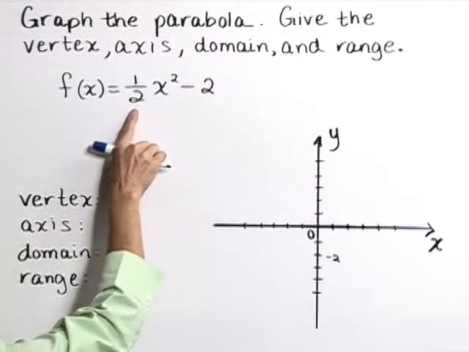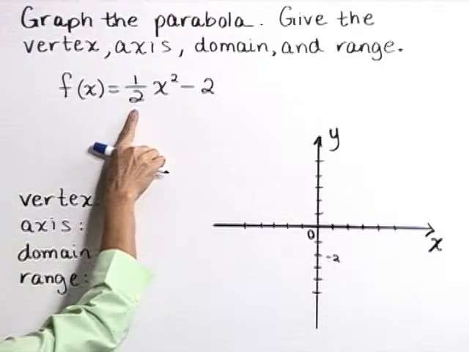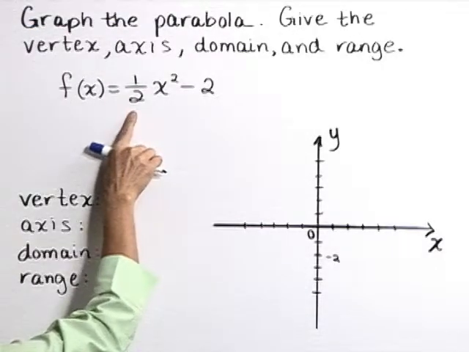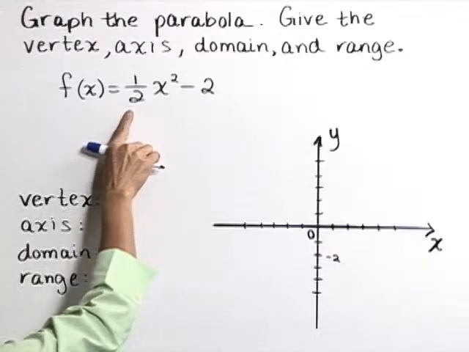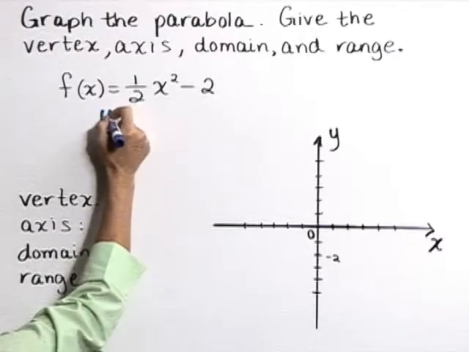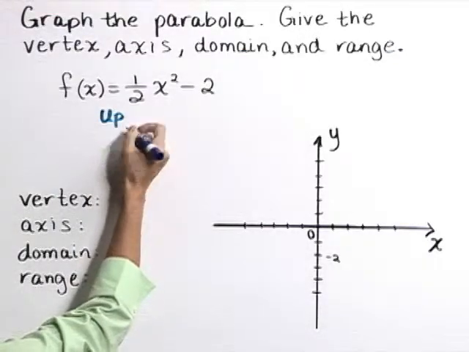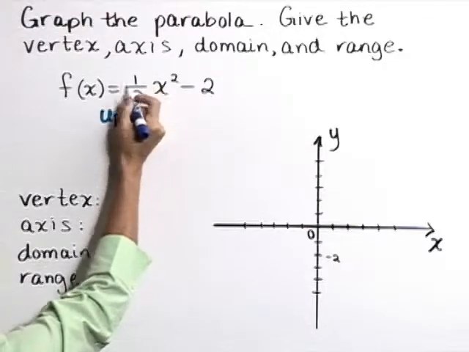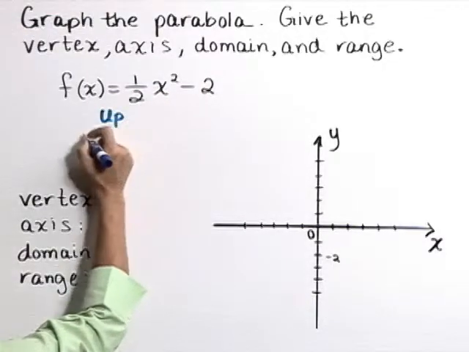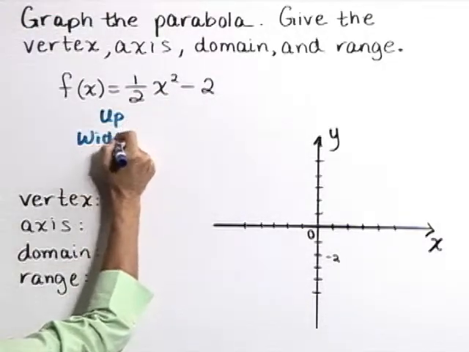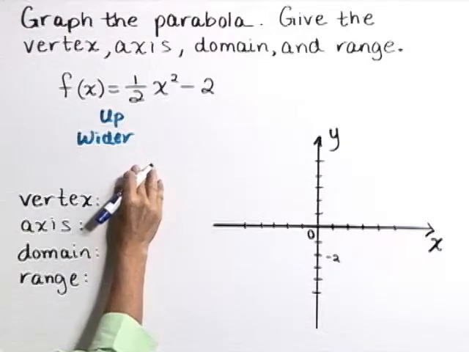Notice that it is positive. It's also a number whose absolute value is less than 1. Because it's a positive number, this parabola is going to open upward. Because it's a fraction whose absolute value is less than 1, it's going to be wider than our basic y